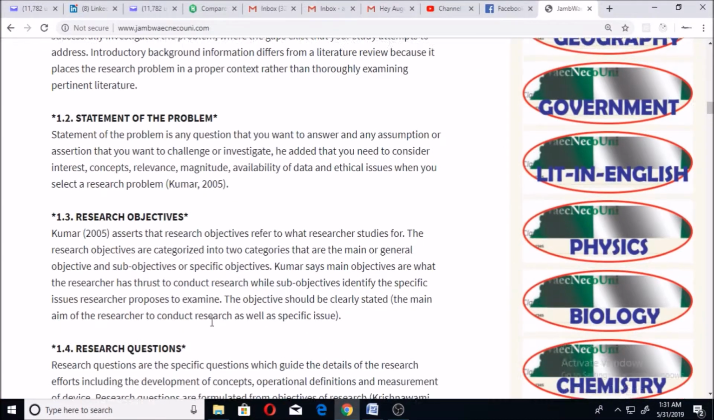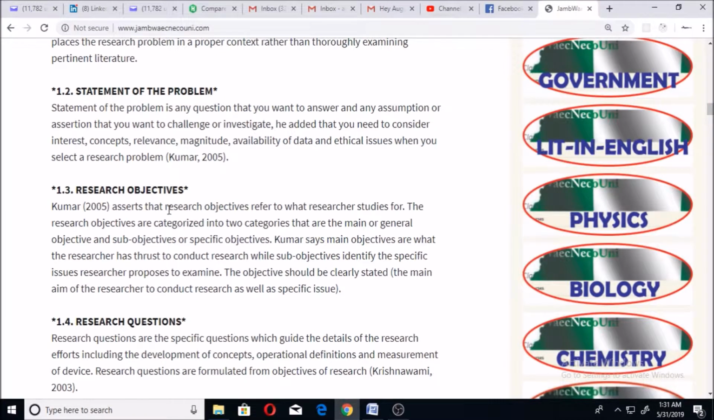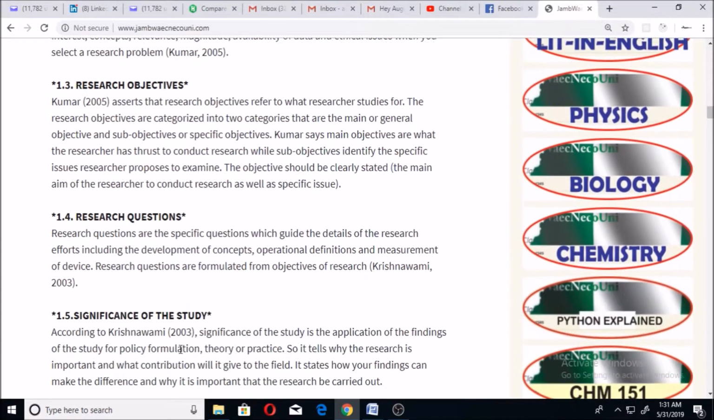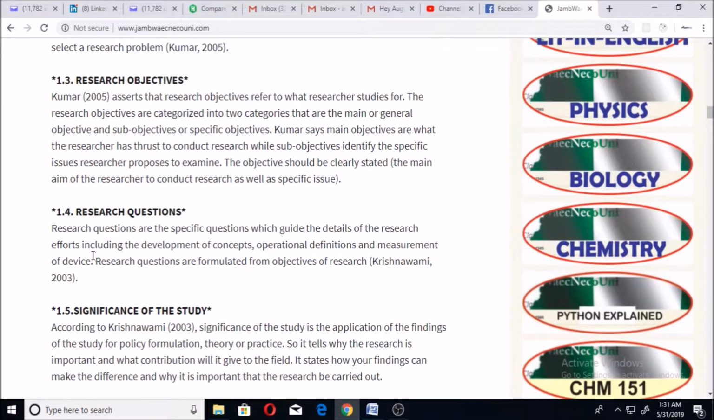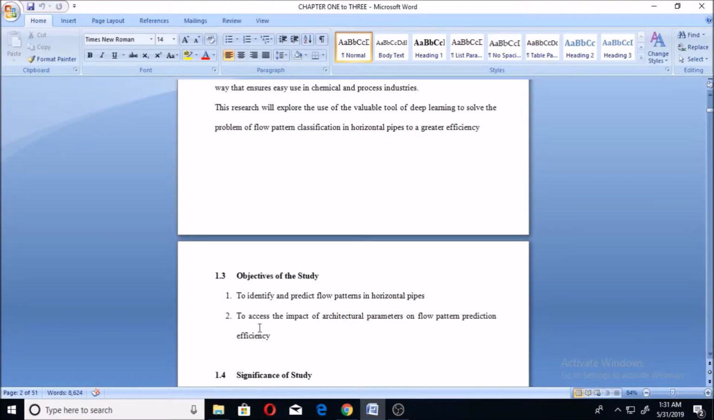So here you have research questions. So you ask research questions in some, and in some projects you might omit this actually. Like in my own, I don't have it, but if I had it here under research questions, I would have: are there ways to identify